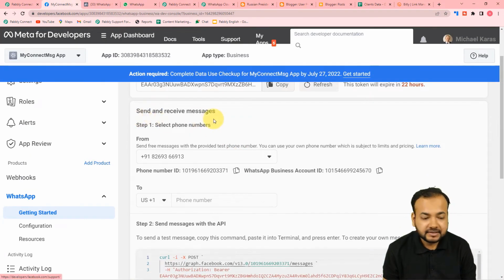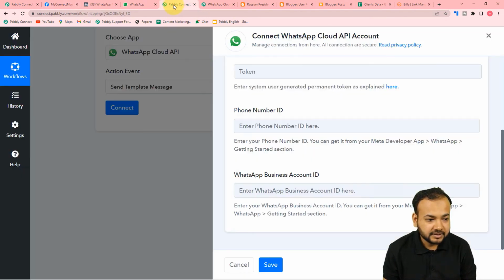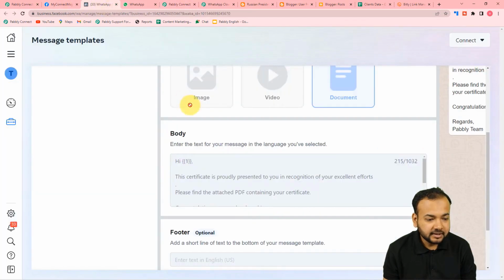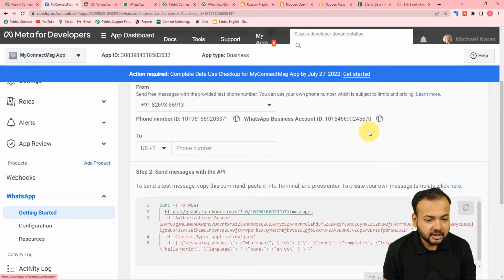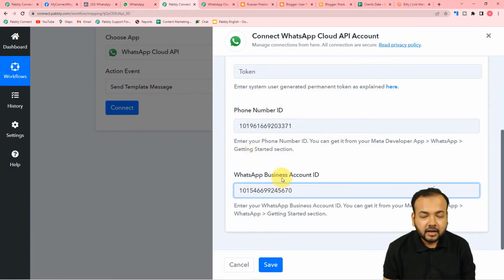In this send and receive message section, you will find this phone number ID. You can just copy it from here and paste it here. All right. Similarly, this is the WhatsApp account ID. Copy it and paste it here. And after pasting all these things, you just have to click on save, and you will be connected with your